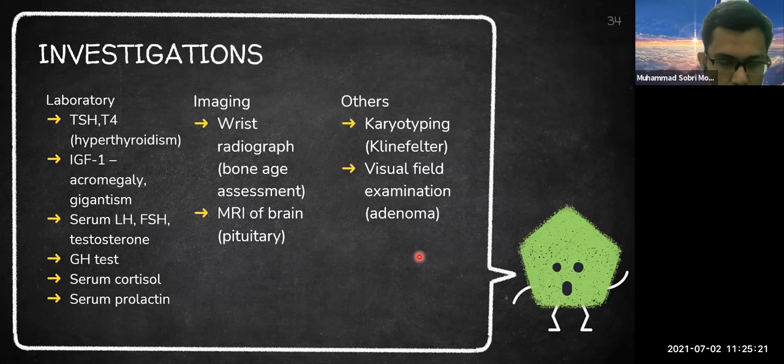And patient can also present with this presentation due to precocious puberty. So it is important to rule out the pubertal problem through serum LH, FSH, and also testosterone level. And also it is important to do the growth hormone test, serum cortisol, also serum prolactin, because serum cortisol and serum prolactin can be high in pituitary adenoma, which is the cause of the growth hormone